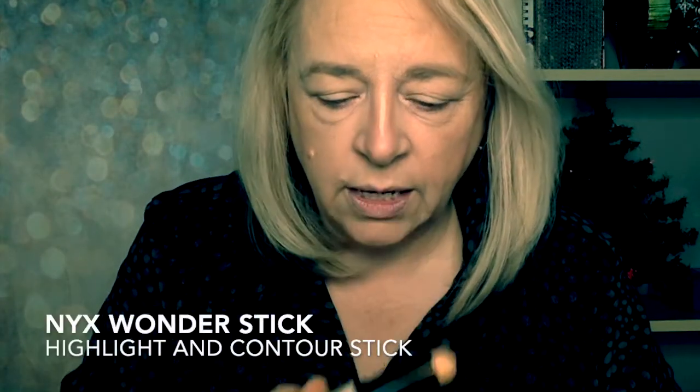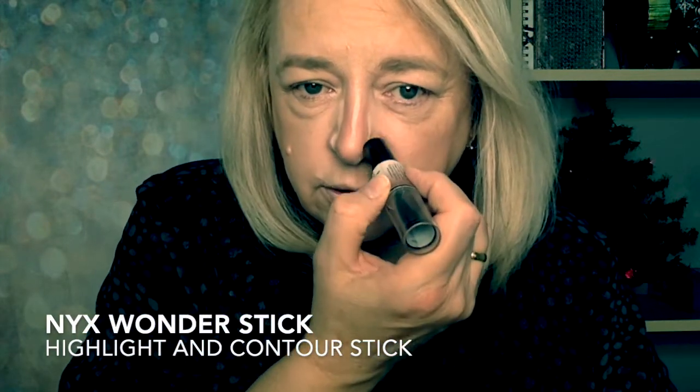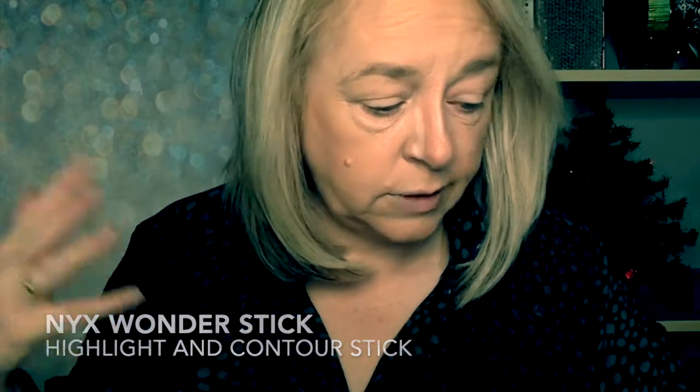Do this. This is with my NYX Wonder Stick, and this really just helps to define that whole nose, the nose of the white, because then that really makes the dark part that you've contoured stick out, and it's definitely more defined. So you can see right away,